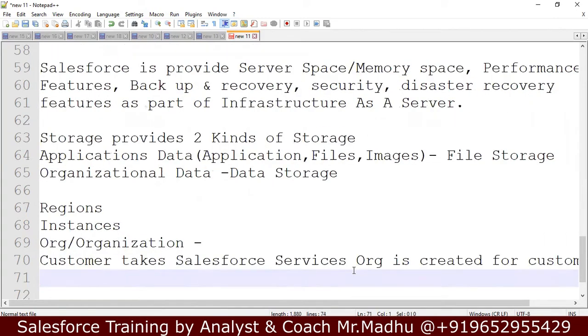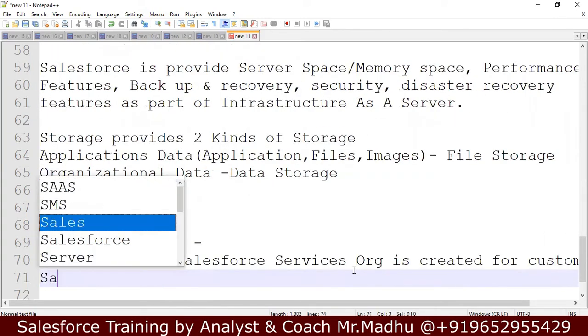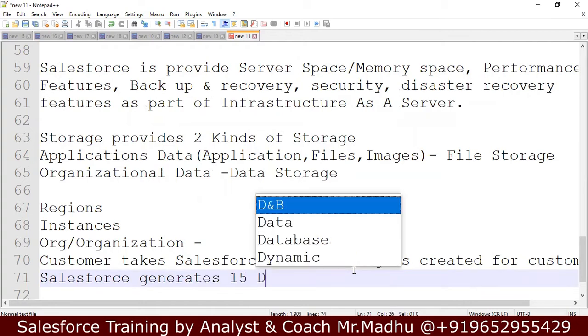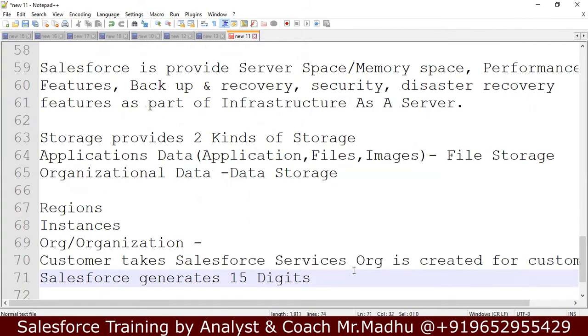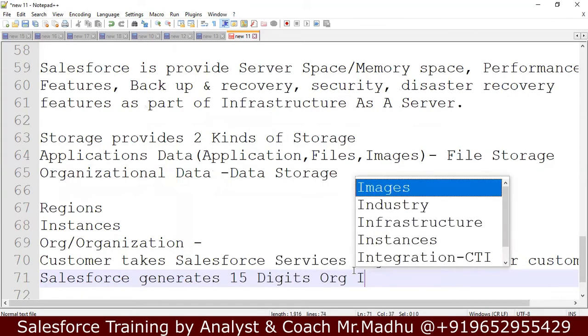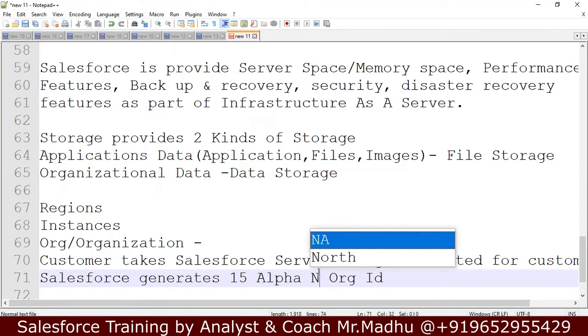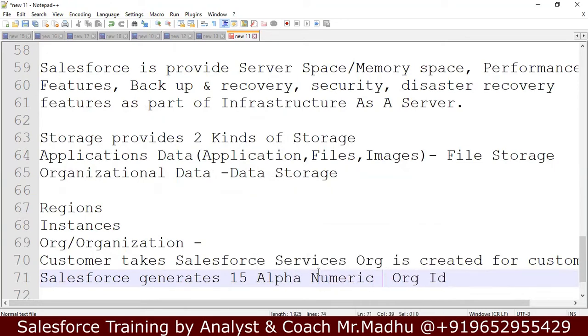For this org, Salesforce internally generates a unique 15-character, alphanumeric org ID. The org ID will be generated by Salesforce.